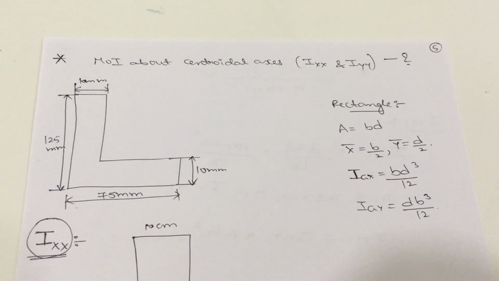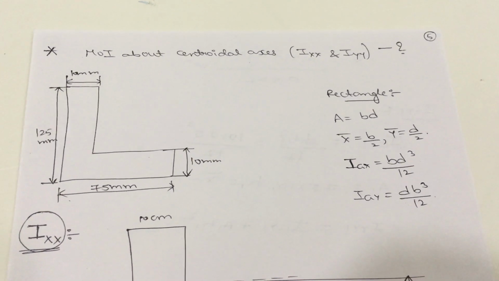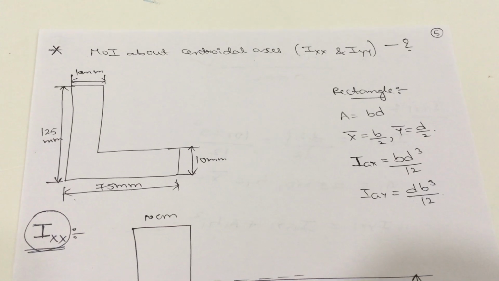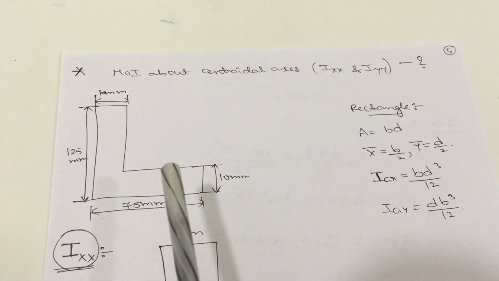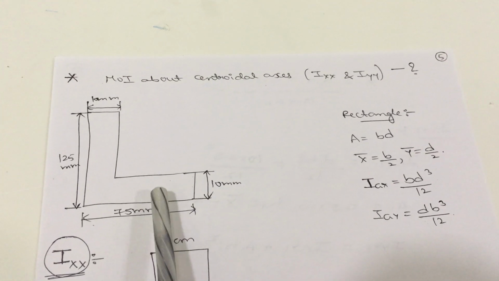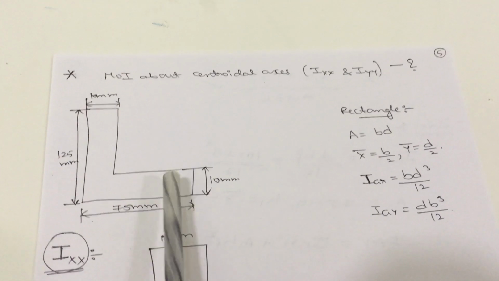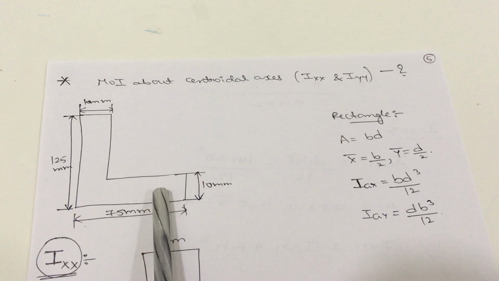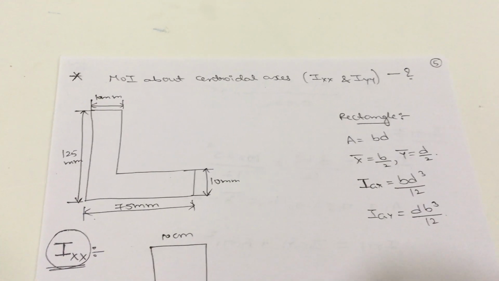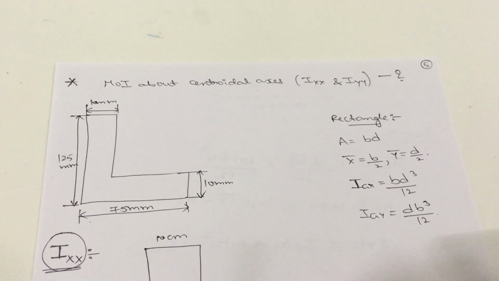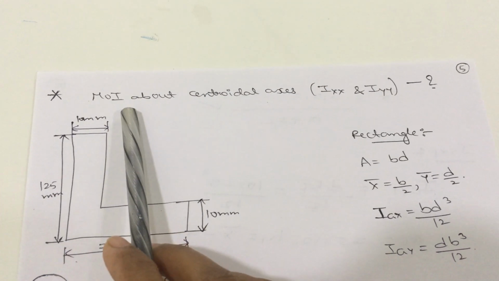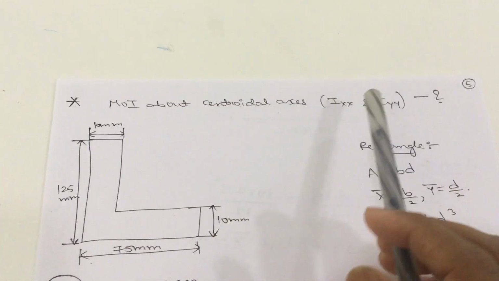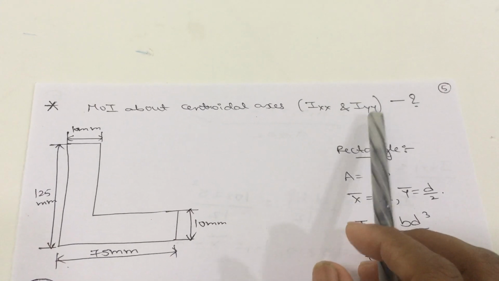Hello everyone. Today in this video we will discuss some more problems which are related to area moment of inertia. Now everyone observe this L section diagram. L section diagram will come under the unsymmetrical section. In unsymmetrical section, in the centroid calculation part, we will get both x bar and y bar as it is an unsymmetrical section. Now they are asking to calculate moment of inertia about centroidal axis, that is Ixx and Iyy,